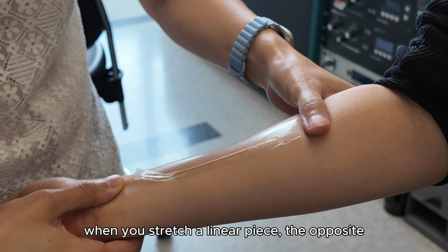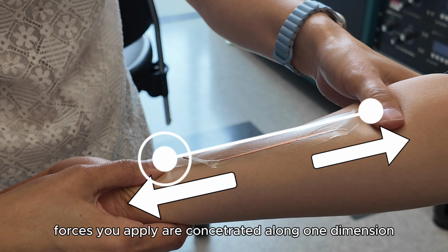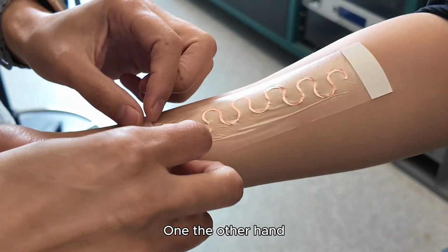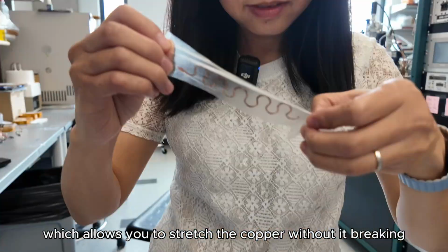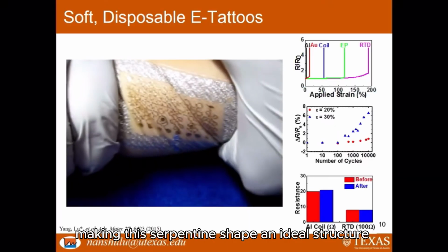When you stretch a linear piece, the opposite forces you apply are concentrated along one dimension, causing a thin strip to be easily broken. On the other hand, a serpentine-shaped segment allows for the forces to be distributed in different directions, which allows you to stretch the copper without it breaking, making this serpentine shape an ideal structure to use